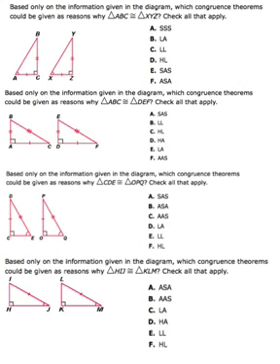Hey guys, we're going to take a look at identifying whether or not triangles are congruent, and if so, by which postulates. So the first thing I want to do is just go ahead and grab a pen real quick. Alright, so the first question here says, based on the information given in the diagram, which congruence theorems could be